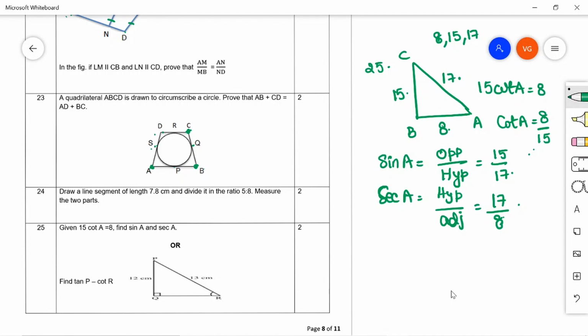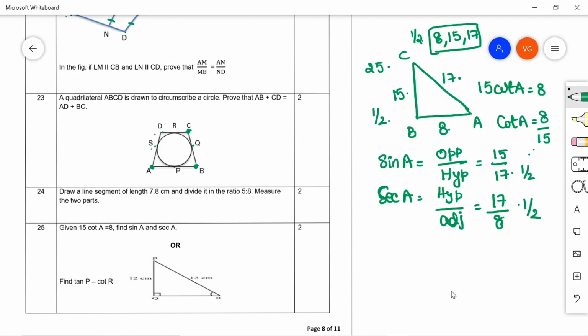So the marking criteria is, if you can write down the Pythagoras triplet here, you will get half a mark. Then here sin A, along with the formula you try to write it down. Here you will get half a mark, and half a mark, 3 half marks, and then for the picture you will get another half mark. So this is the marking criteria for the 25th question, that first part.